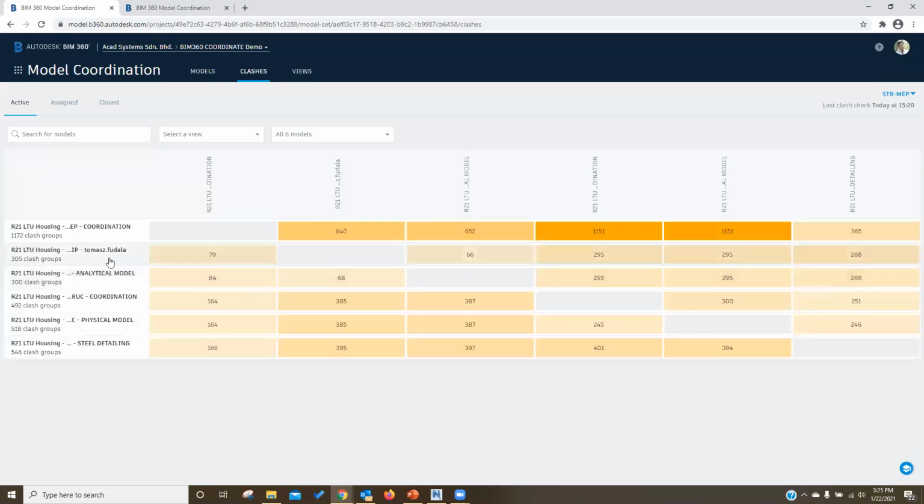You will see a chart comparing the views, so if you upload or put more models into the coordinated folder, it means you are reviewing more 3D views. For instance, I would like to review the clashes between structure and MEP.